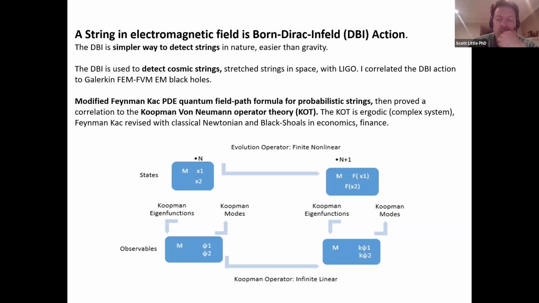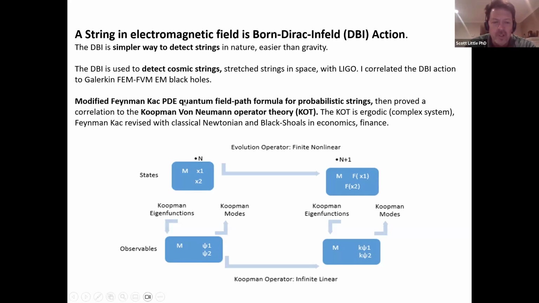And it includes the same math that they use for the Black-Scholes model in economics and finance. And here's just kind of a model, because now they apply it to computer models and data, and we can take a finite nonlinear data set and we turn it into a linear data set. But the trade-off is it's now infinite dimensions, so we've got to cut those dimensions down. So we go from finite nonlinear to infinite linear.